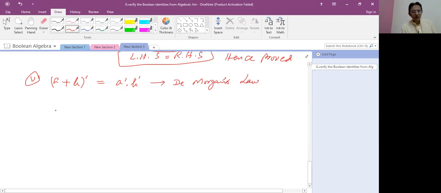So student, when we consider the left hand side, if we consider (A plus B) plus A complement dot B complement, which is equal to 0,